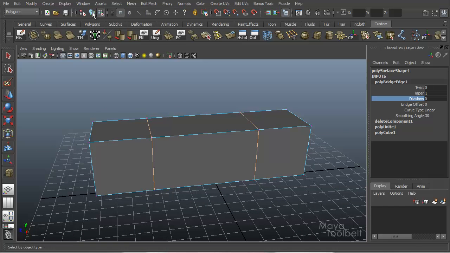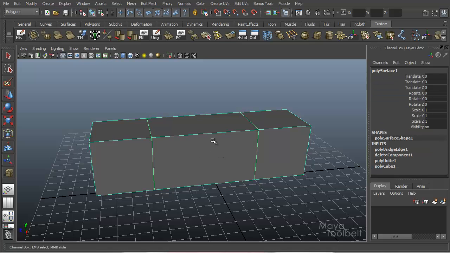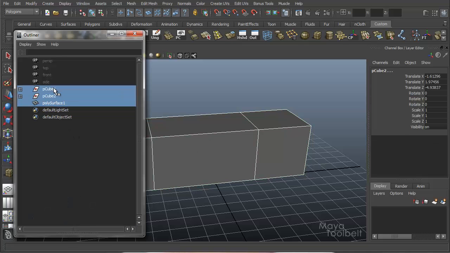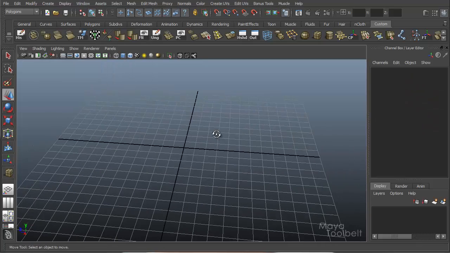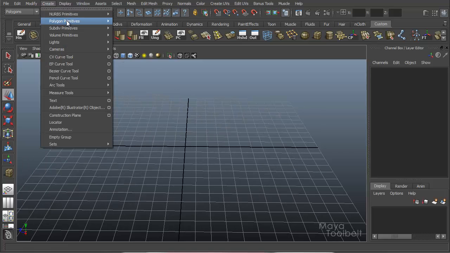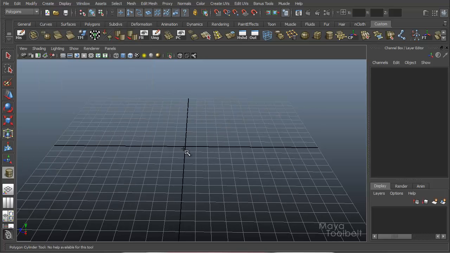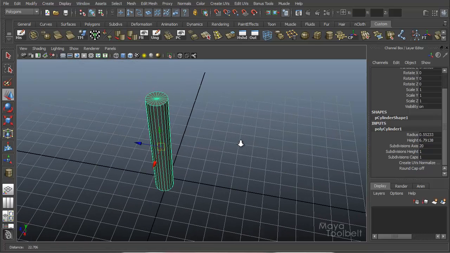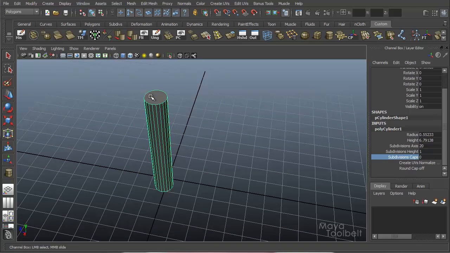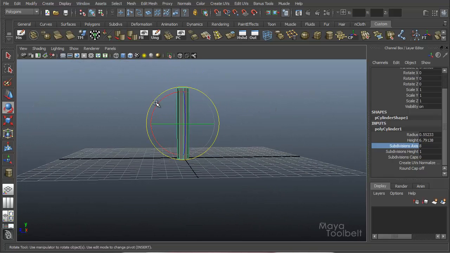Let's go into a couple of the options and you can see a bit more on how you might want to use this. So I'll just delete all this stuff. I'm going to create a cylinder under Create, Polygons, Cylinder. And I'll just make a really quick one. Under the poly cylinder inputs here, I'm going to change my options a bit. Get rid of the caps, decrease the axis subdivisions so it's not quite so dense, just so it's easy to see. And then I rotate this